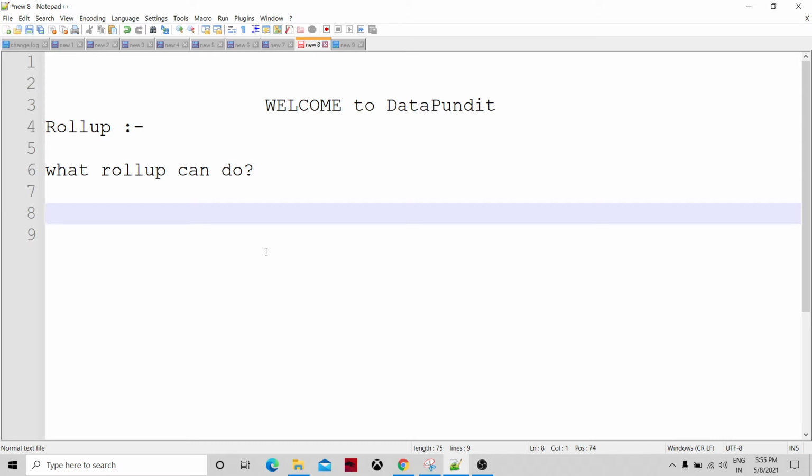If rollup is working in expanded mode, that gives the programmer more capabilities to define a few functions, and a more controlled way of manipulating the data based on different functions. That we are going to cover as part of the runtime execution of the rollup function. Today we are going to cover the different parameters of the rollup component.